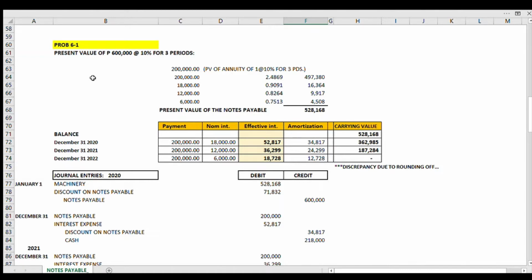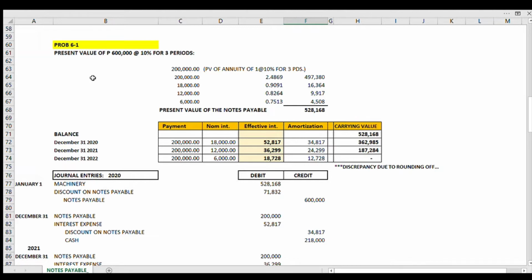Then we will also account for the interest on the outstanding payable. So the interest on the first period is 18,000. That is 600,000 multiplied by 3%, that is 18,000 multiplied by the present value of 1 in 1 period. That is the first interest payment kasi. So 0.9091, that is